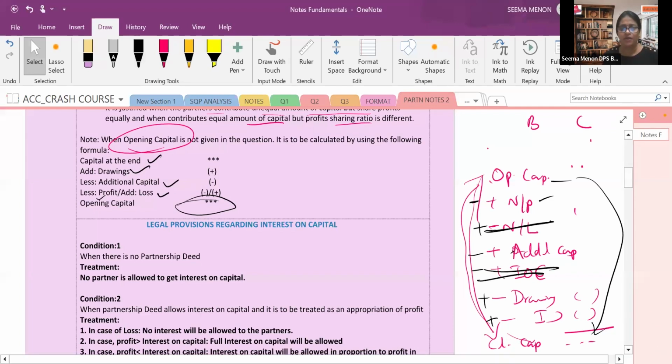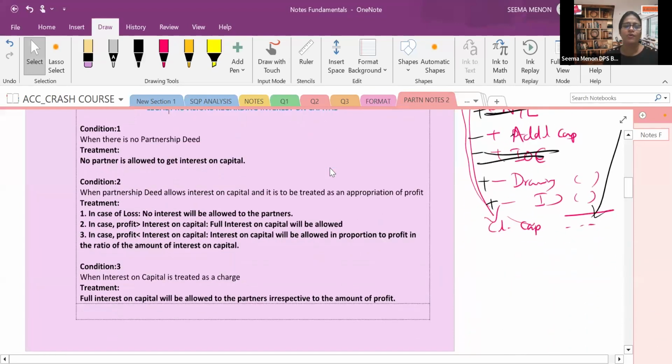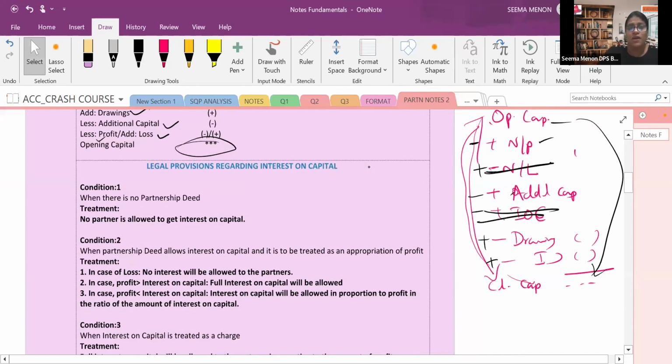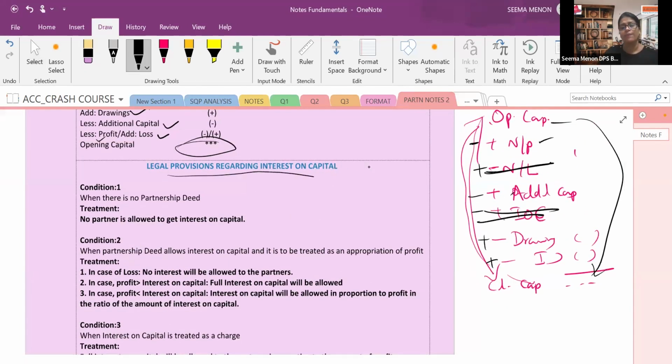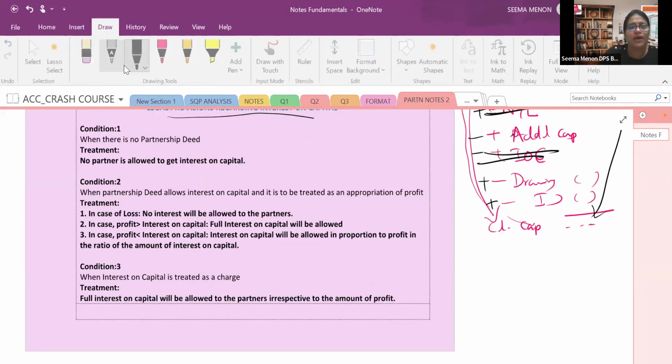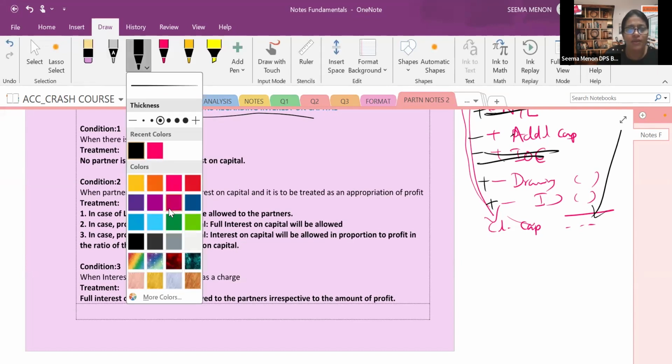Just a recapitulation we are doing. First, we have done interest on capital. Again, there are various cases. Legal provision regarding interest on capital. As per the Partnership Act 1932, there are provisions. So with these provisions in partnership, what can we do? There are various rules. Case 1 or condition 1. Let's see that. What is case 1 or condition 1? They are saying that